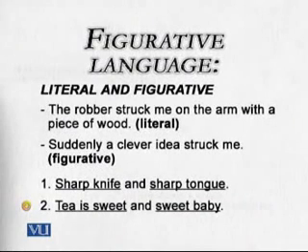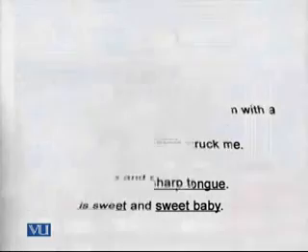Some more examples for the concept. Second example: tea is sweet, and sweet baby. Look, tea can be sweet, understandable. Now, the quality of tea being sweet, we use for babies to express that someone is very cute, so loving, so angelic. So when we borrow the attributes of one thing and use them for something else, it is called figurative language, special meanings we say. So a sweet baby, the baby is not sweet the way tea is sweet, or any sweets which we eat. Of course not.